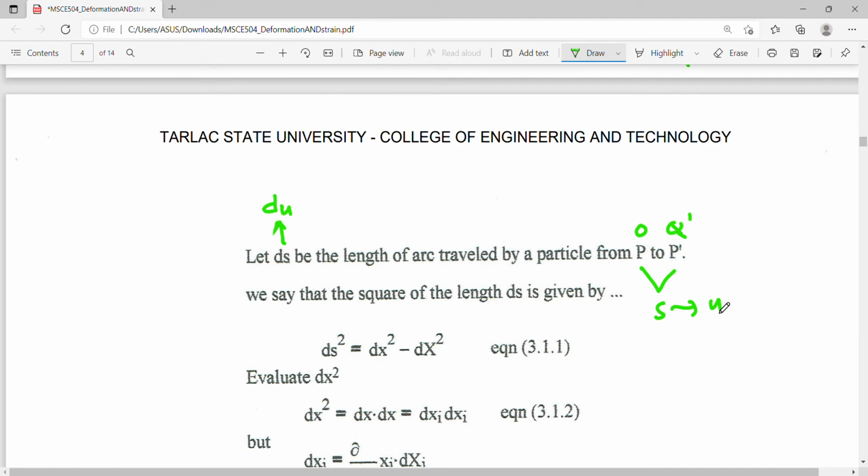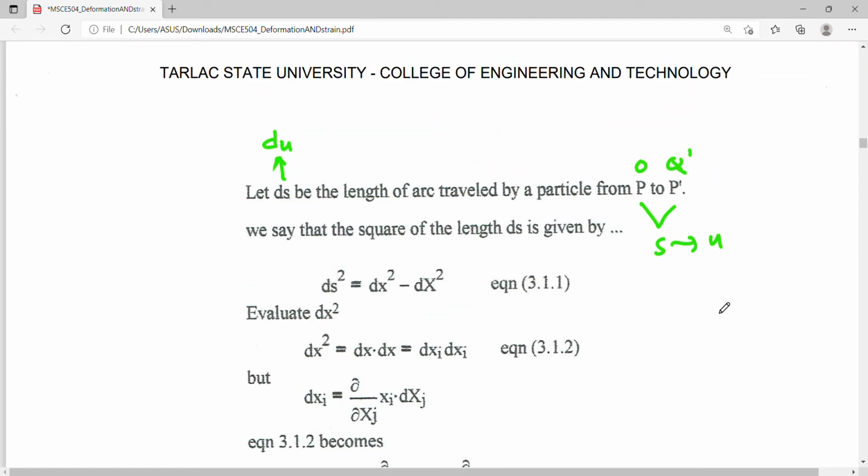Okay, so we say that the square of the length ds is given by the simple vectorial notation. Okay, so these are vectors. Since we are talking here of your differential x capital, and this is dx, and this is ds, then your ds is